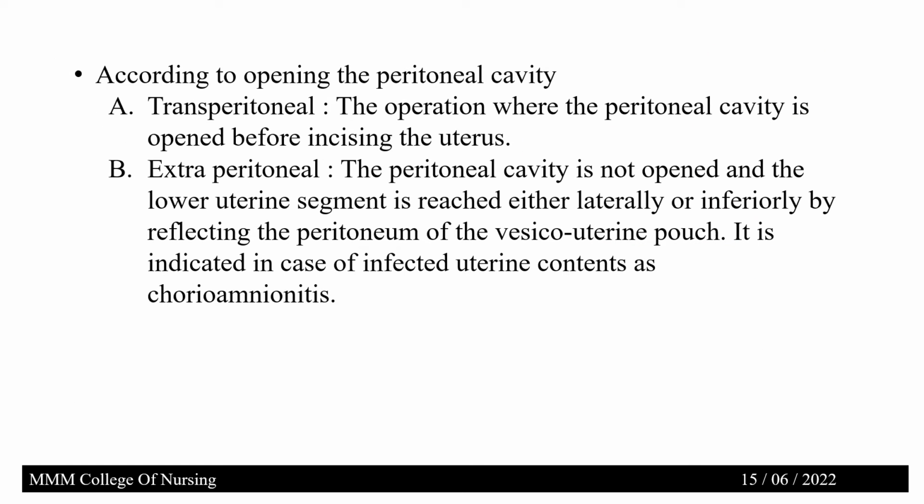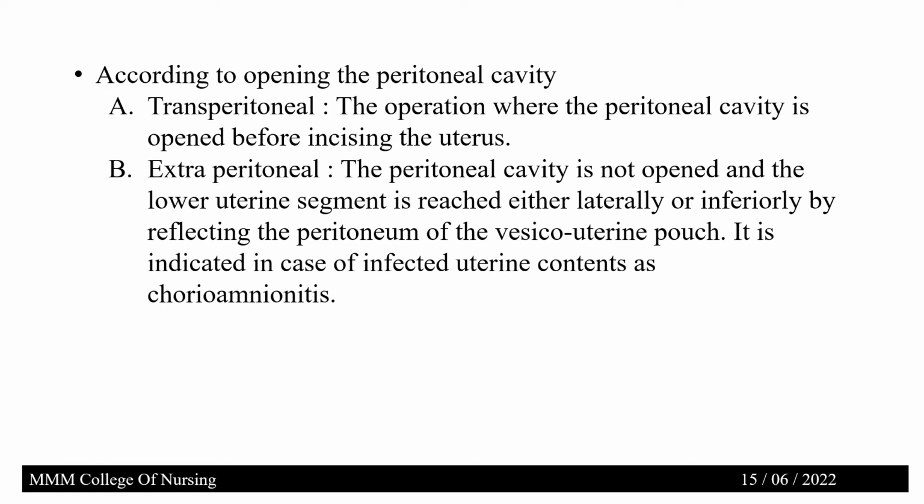Next, according to the opening of the peritoneal cavity, this is not done often, so you have to know it for theory purposes. It is classified as transperitoneal and extraperitoneal. Transperitoneal is the operation where the peritoneal cavity is opened before incising the uterus. In extraperitoneal, the peritoneal cavity is not opened and the lower uterine segment is reached either laterally or inferiorly by reflecting the peritoneum of the vesico-uterine pouch. It is indicated in case of infected uterine contents such as